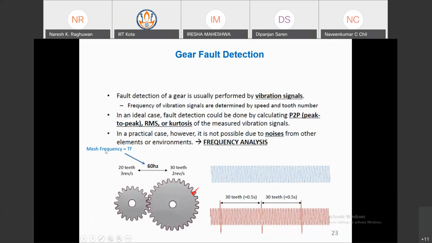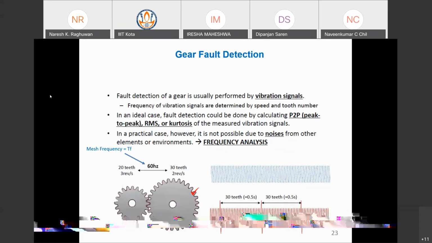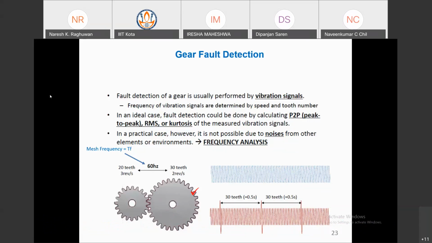This is the mesh frequency, 60 Hz. How are you calculating this? It is T into F, where T is the number of teeth and F is the frequency. So it is revolutions per second, or revolutions per minute. You can put the RPM here in per second, in hertz. If you are calculating in hertz, generally the signals are in hertz, not in